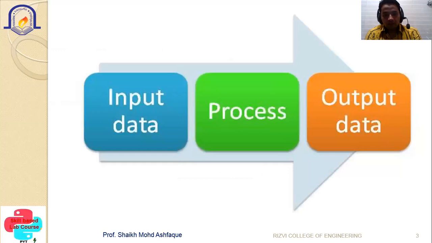Basically, this is the simple architecture of how it flows. Whenever you require anything to be processed, process means the logical operation which you want to do. For that purpose, two things are required: one is your input and second is your output. So here we will only concentrate on the input module and the output module, and the processing is basically the logical operations that we are studying from the start.